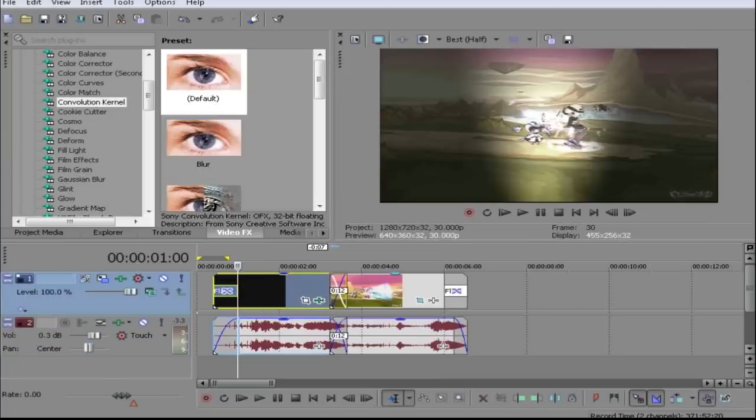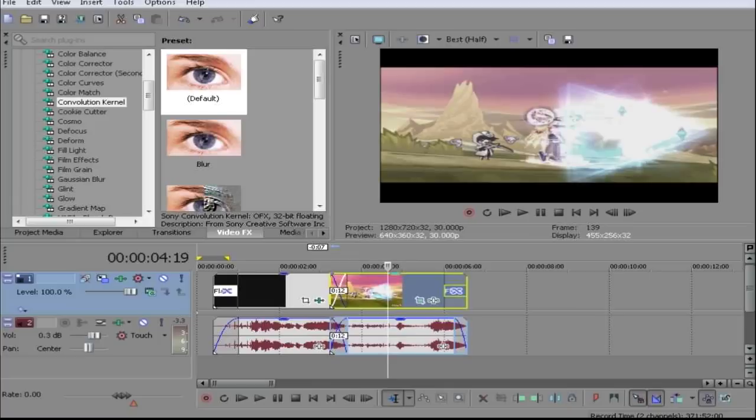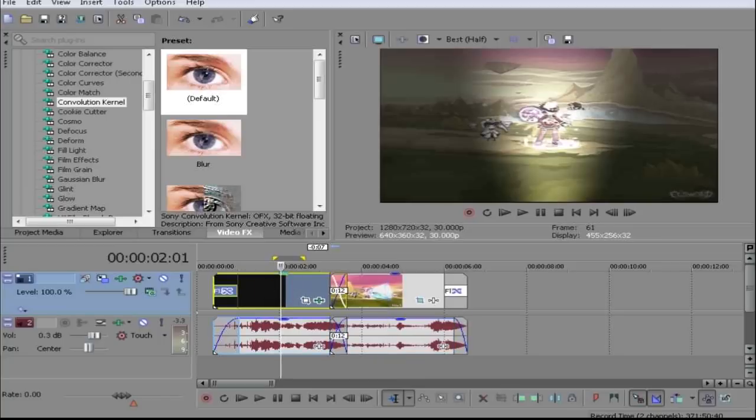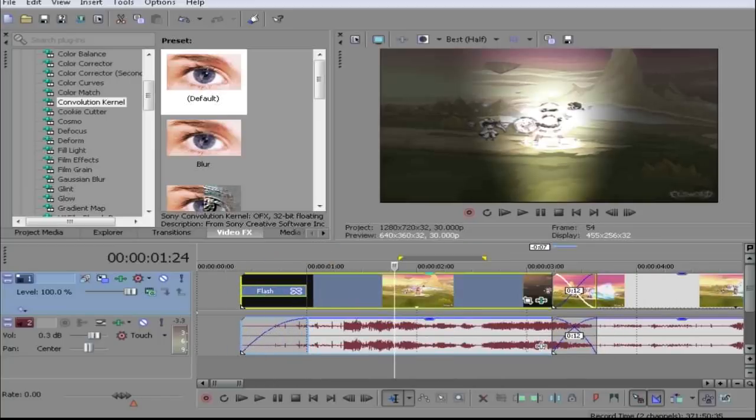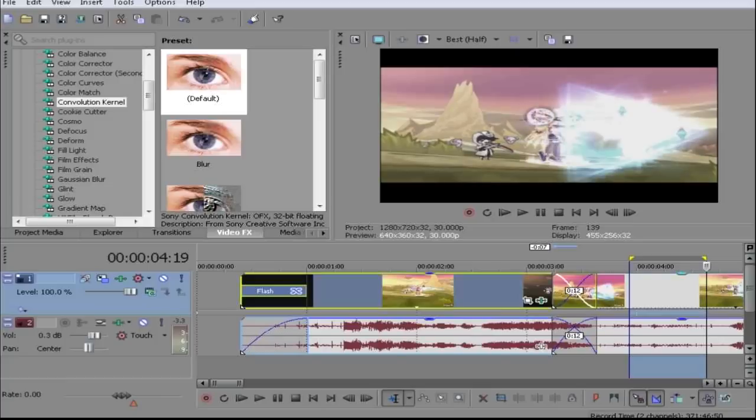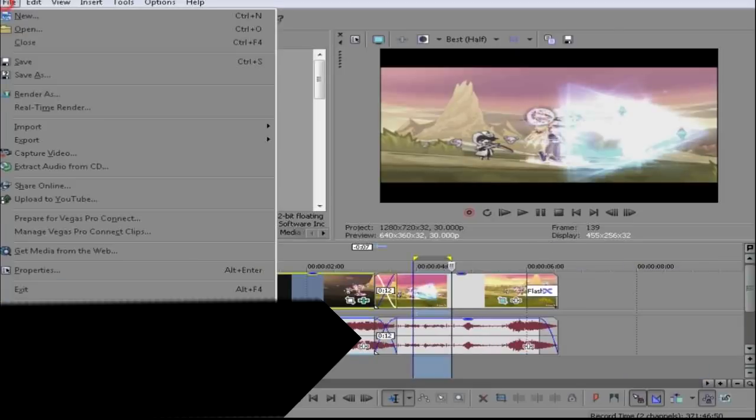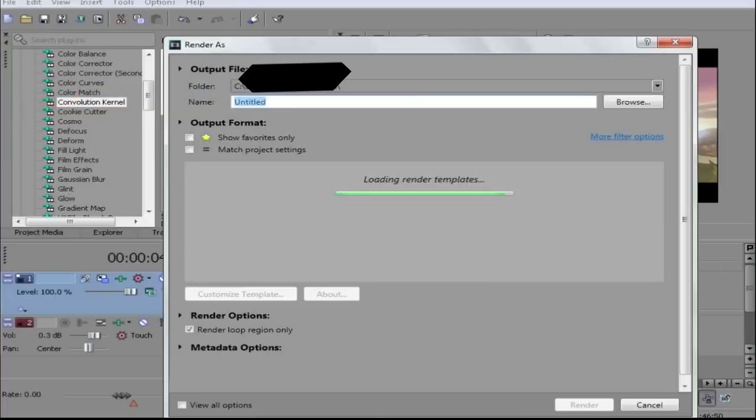So when you're done with this, when you're happy with all your effects, I played around with it. If you want a specific part of your video rendered, you're going to want to click the part between the timeline and the preview. You're going to want to drag it. This basically just says what you want rendered. So let's say I want this rendered. That's it. Just go to File, Render As,